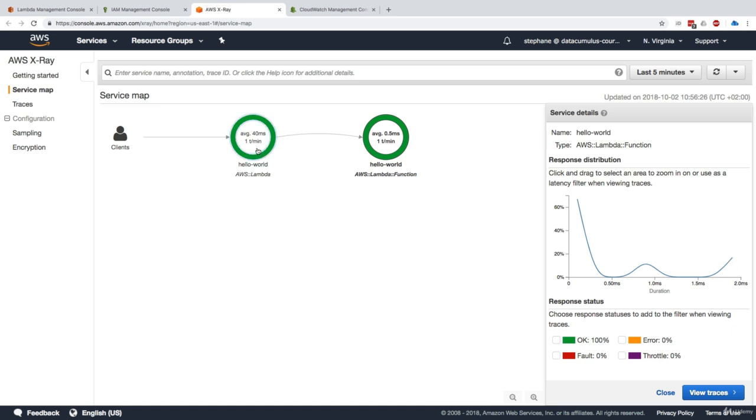This is showing you the Lambda service and here the Lambda function. Using the service map, you're really able to see what's happening. Obviously, the more services we integrate with, the clearer this service map will be. X-Ray is quite awesome because now we can visually see and understand the latency. And when we get errors, they will show right here. So that's it for the X-Ray integration. I will see you in the next lecture.